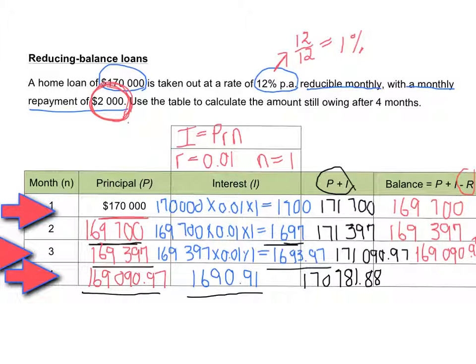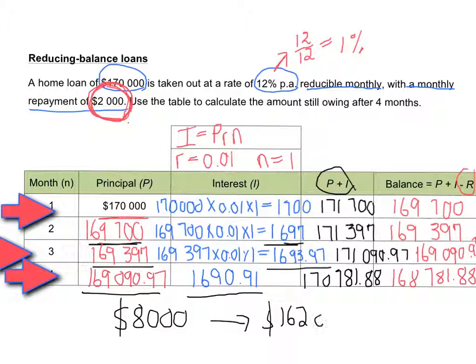$170,781.88. Every month I pay my $2,000, so the total amount outstanding at the end of the 4th month is $168,781.88. I can now see that although I have paid a total of $8,000 over the 4 months, which might lead me to expect that I now only have $162,000 outstanding,